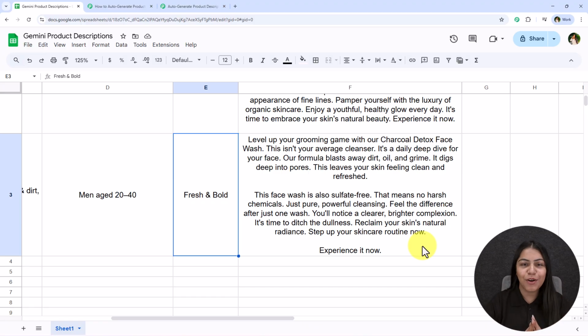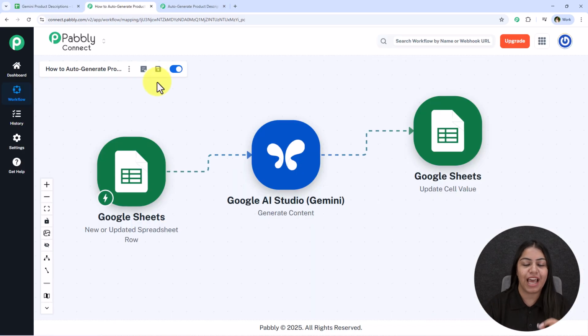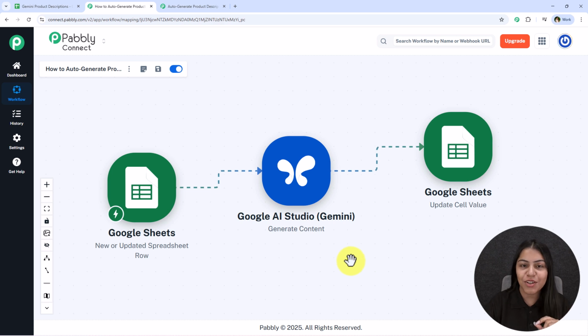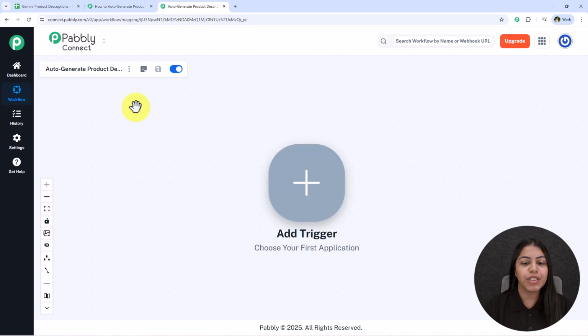And yes, this is no magic, this is the power of automation which we're going to create in today's video using Google Gemini. So yes, if you also want to create this automation for your own business, then watch this tutorial till the end. So to do this, I've opened the workflow builder of Pabbly Connect if you are an